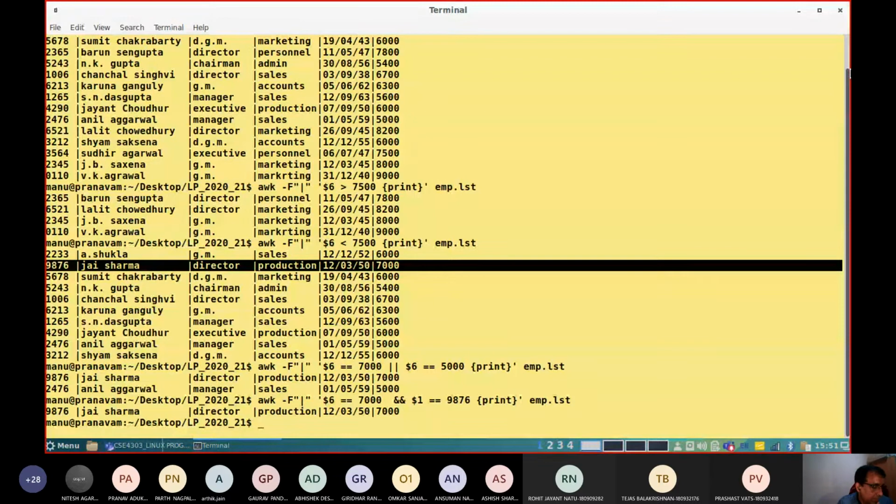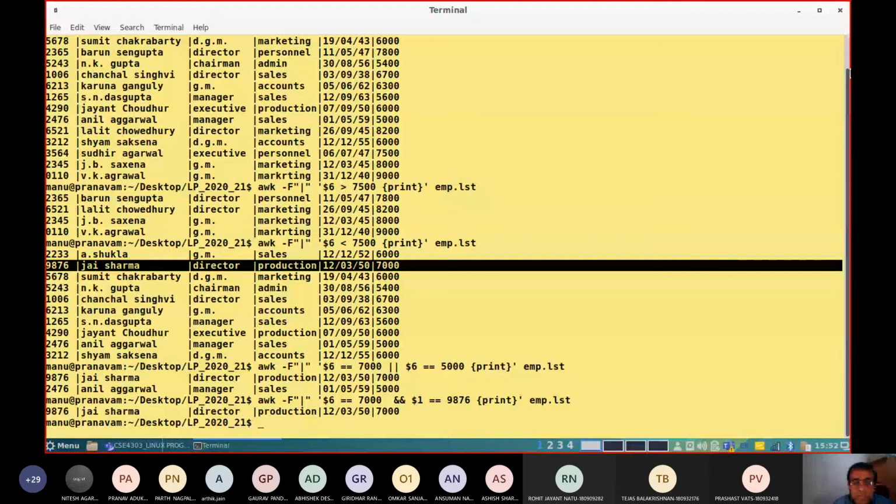So this is what we said, the comparison operators, different logical operations also can be done. Similarly, not equal to, greater than or equal to, greater than, etc. So almost all the comparison operators which work with the C language also work with AWK.